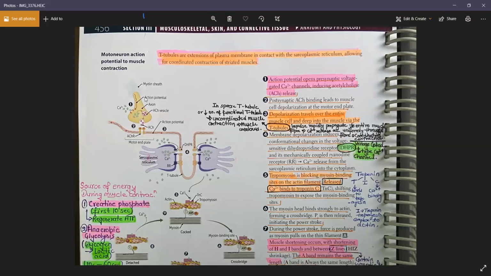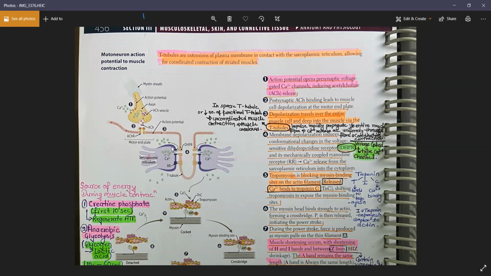Now, as you can see, whenever the nerves are stimulated, they will release acetylcholine. When the acetylcholine is released, it will first stimulate the acetylcholine receptors, and as a result, depolarization of the membrane happens. When the depolarization happens, this action potential will travel along the membrane. It will go to the T-tubule, and from the T-tubule, it will stimulate the receptors known as the